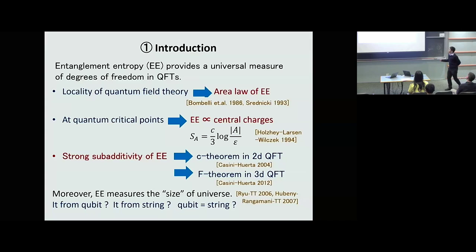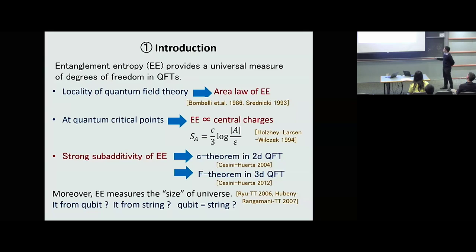And also, there is a very fundamental inequality, which I will explain later, and which plays the most crucial role in this talk, called strong subadditivity, which is some kind of generalization of the second law of thermodynamics. That gives a basic theorem in quantum field theory and the RG flow, like the c-theorem and the F-theorem, owing to this very beautiful work by Casini and Huerta.